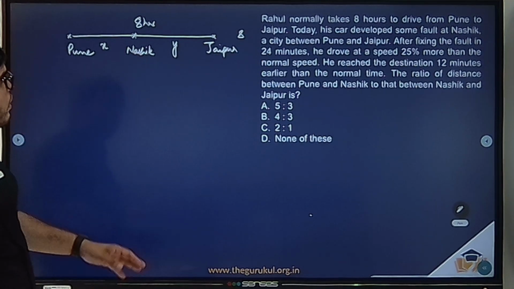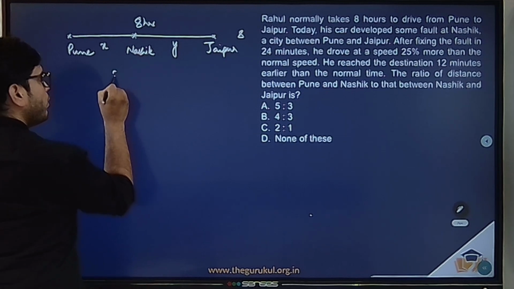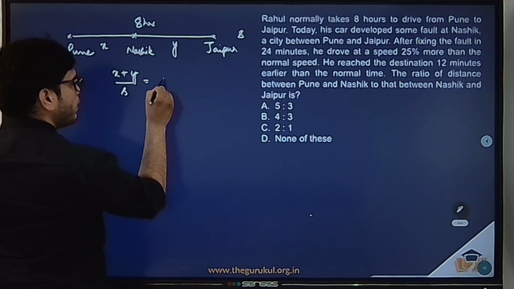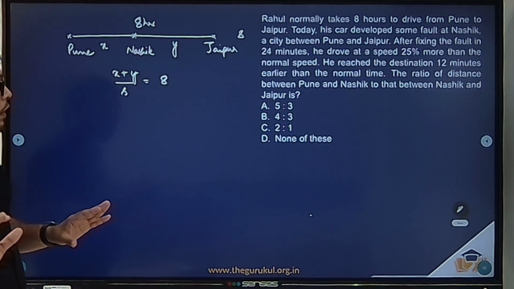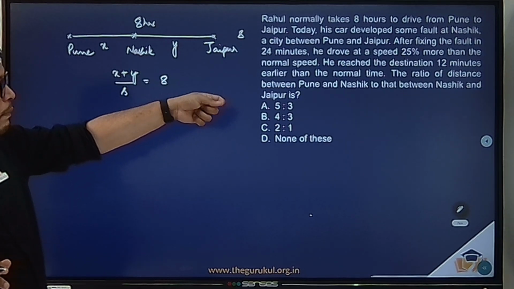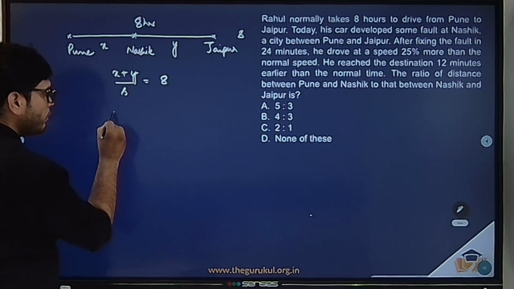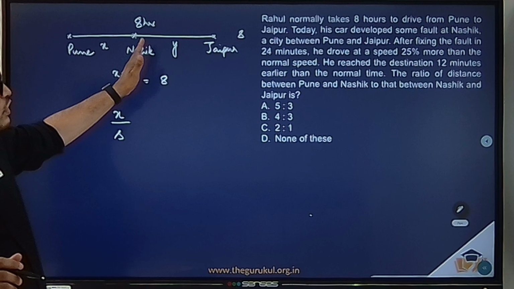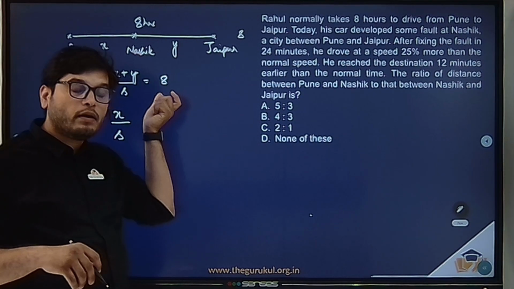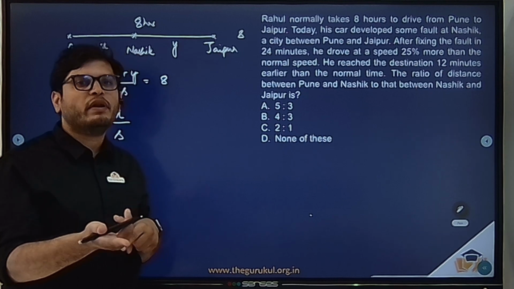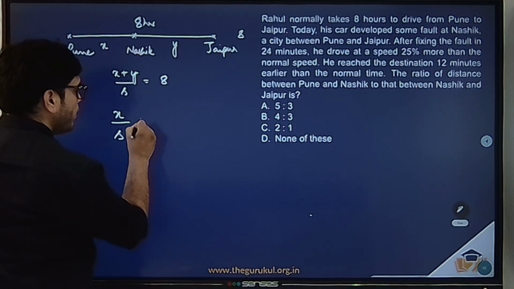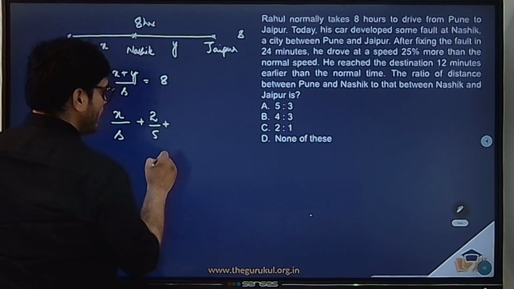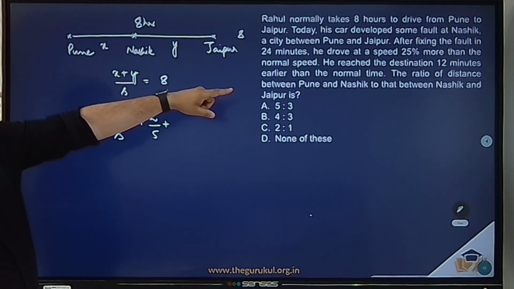s. Right. Now normally he will cover total x plus y distance with his normal speed s, and he takes 8 hours. Right. Now that day, since his car developed some fault at Nashik, he would have traveled these x kilometers at his usual speed s. So at Nashik he spent 24 minutes. Now since we have considered time in hours, let's convert 24 minutes to hours. So that would be plus 2 by 5 hours plus, now for the remaining distance, he drove at a speed